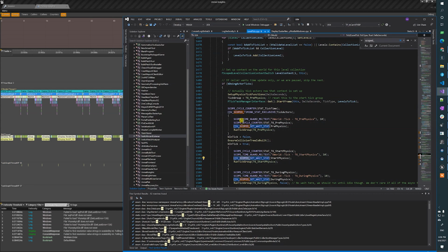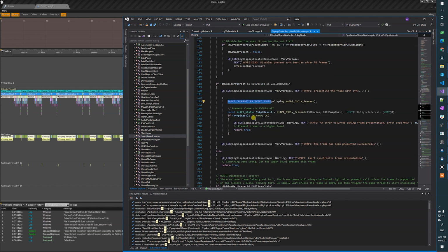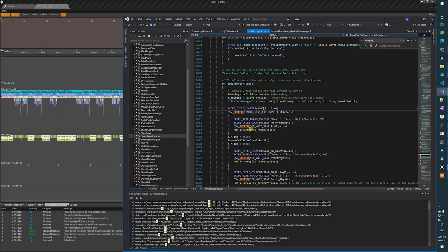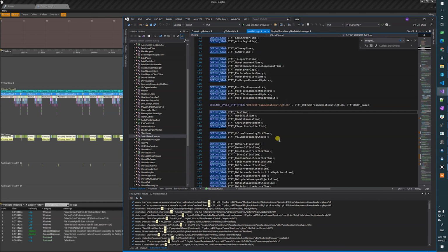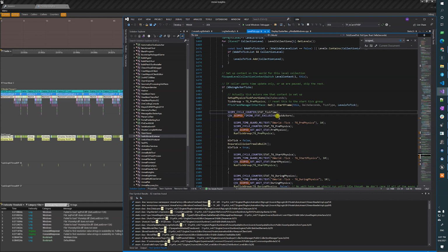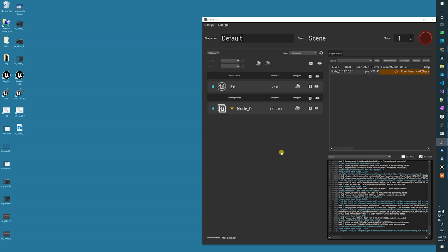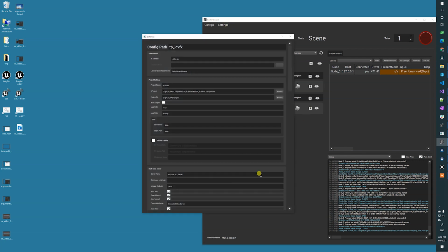In code, they are slightly different. It's when you see this scope cycle counter. Before it was something like this, and this one requires something else to be declared somewhere else. It looks something like this actually, with the stat group name and so on. So they're slightly different, and it's basically just another kind of CPU trace that you can get in your trace file. The next trace channel that we're going to go over is called frame.